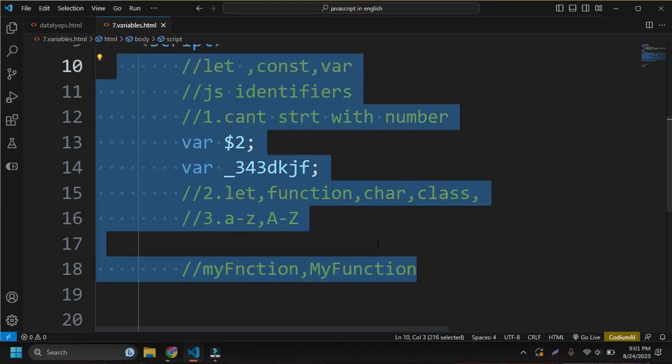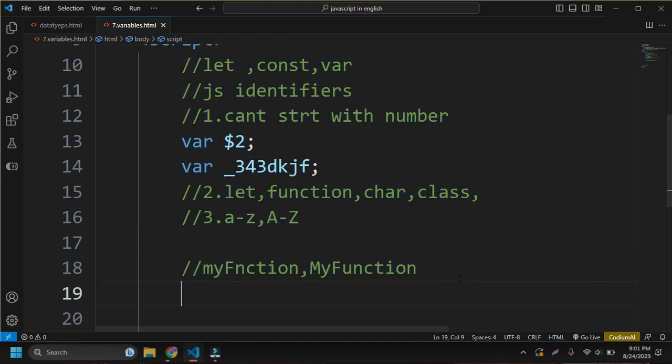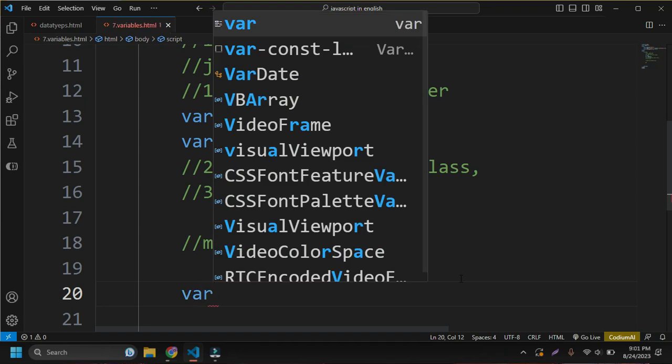We may add some other rules also. If I forget some rules, you can put them in the comment section, so that I will cover the remaining part in another video. Okay, next thing is that if I want to create a variable, then I can